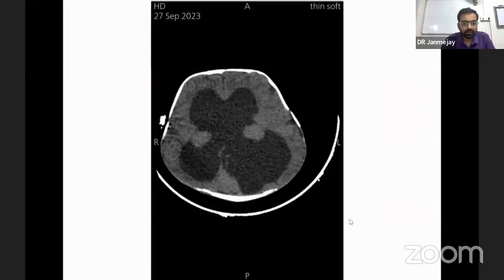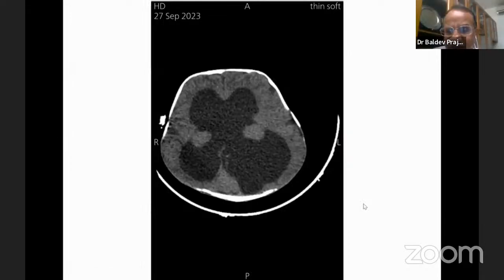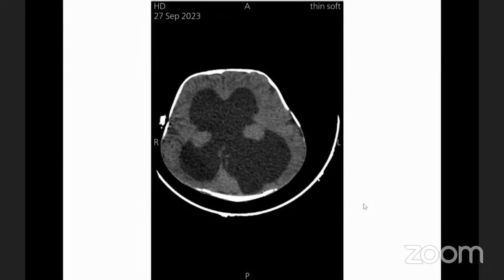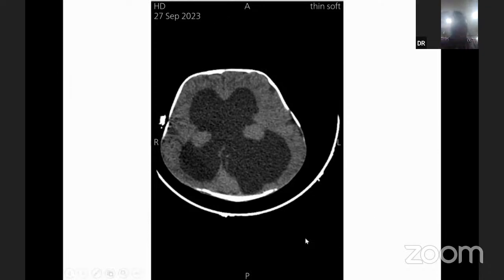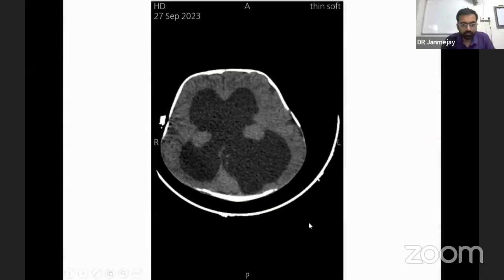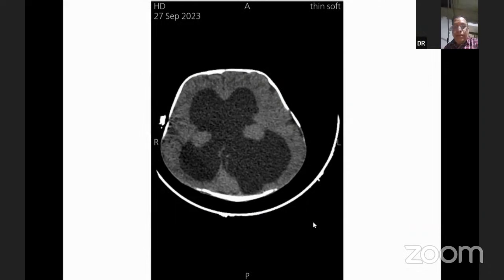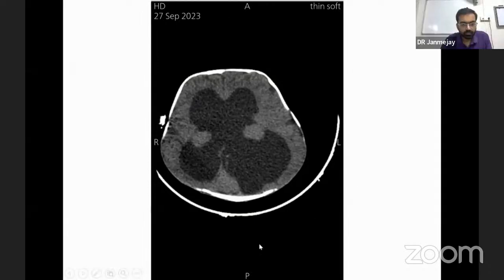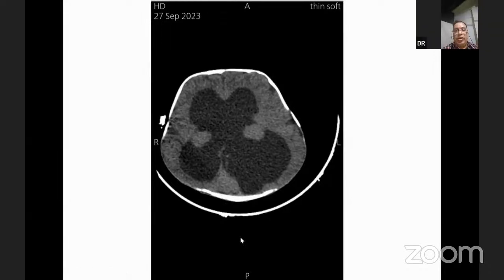Sir, NCCT scan of the patient. Anyway, I think Naresh, you can explain this. Probably we may not be expert in interpreting. Let him do that, sir. What we are seeing right now is a non-contrast CT scan. Can you see? Sir, if you can go to the images a little bit down. So we have just one image actually.